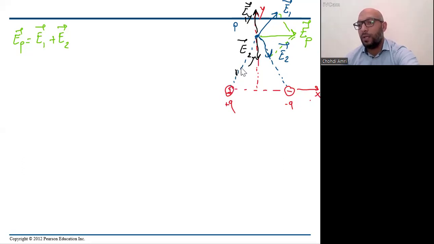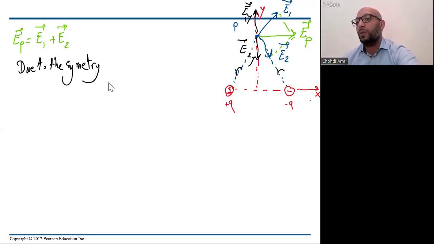It's the same. Let's say this is distance r. What about the magnitude? The magnitude is the same for the two charges because it's an electric dipole. Now, E1y points upward with a positive y, E2y points downward with a negative y. So we will write, due to the symmetry of the problem,